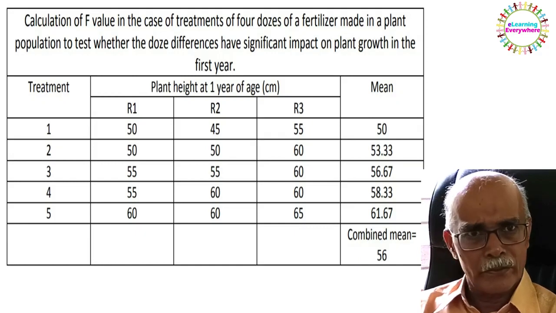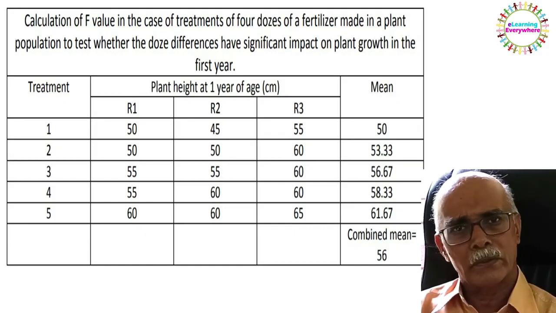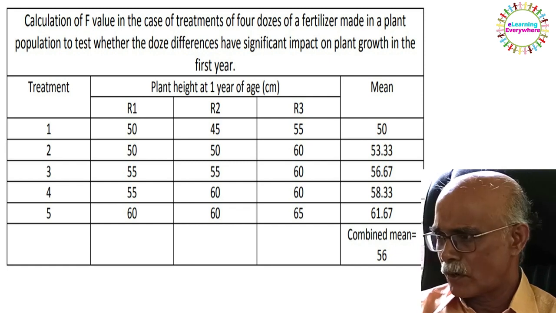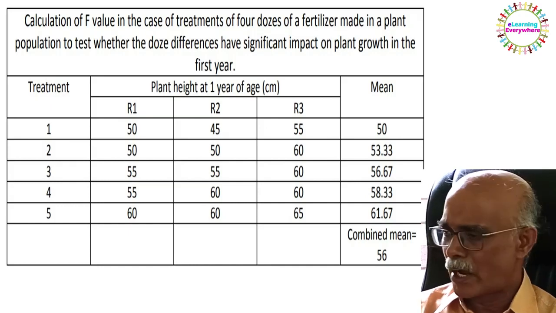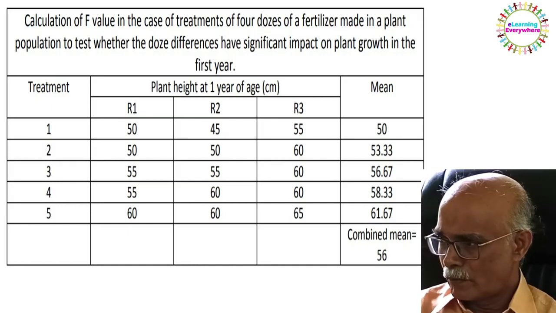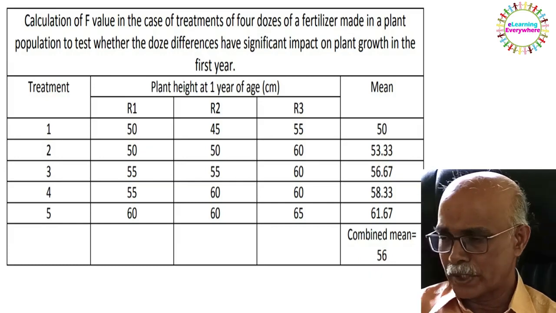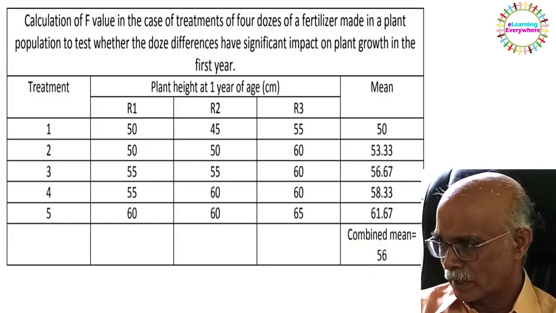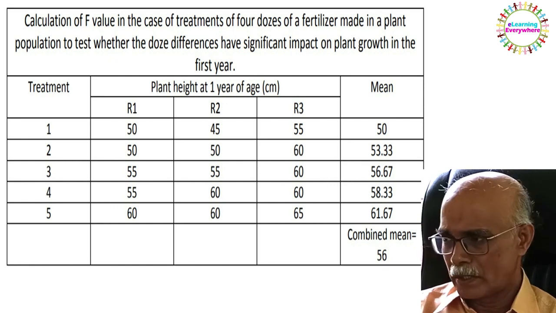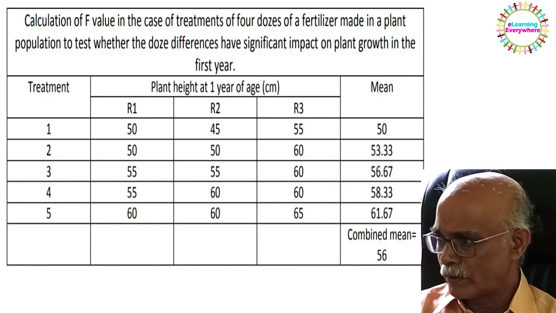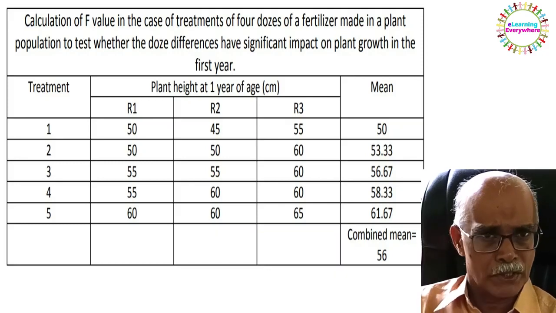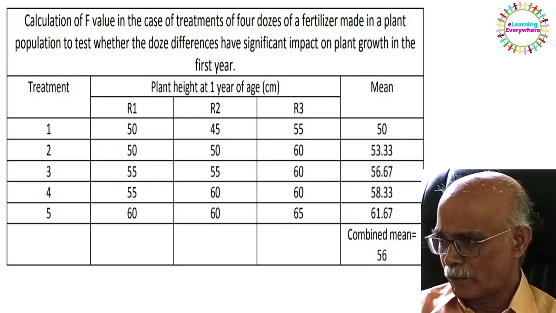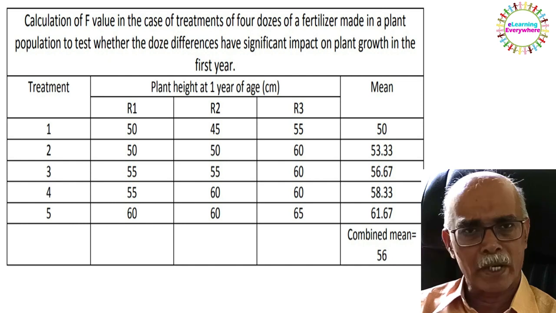And you have the mean values of each treatment also given here, and usually you will have to calculate it in each row. For each treatment you have to find out the mean. So that is the first step of the analysis, calculation. You have to find out the treatment means, or the treatment stands for sample itself, sample means. So for each treatment there will be a different mean, and there will be a combined mean